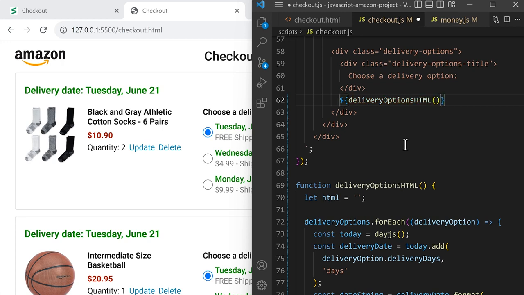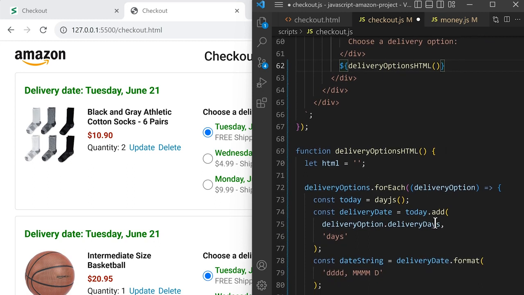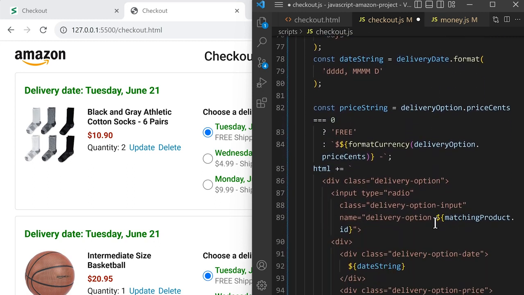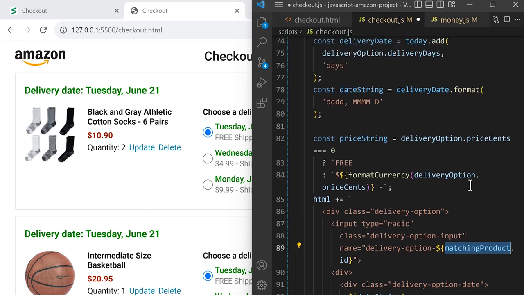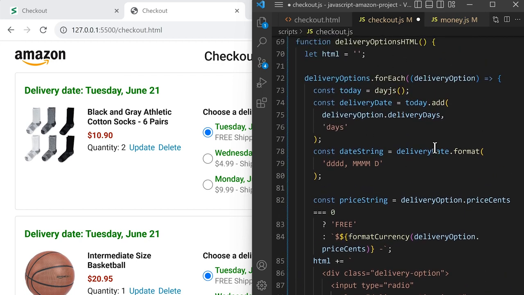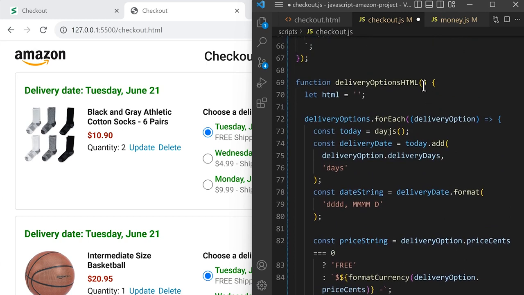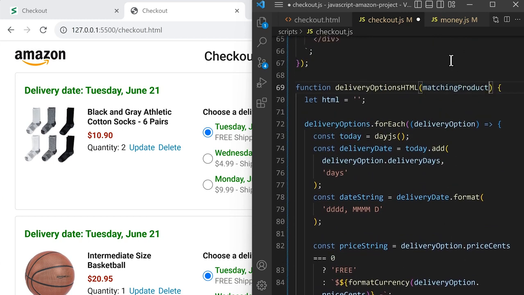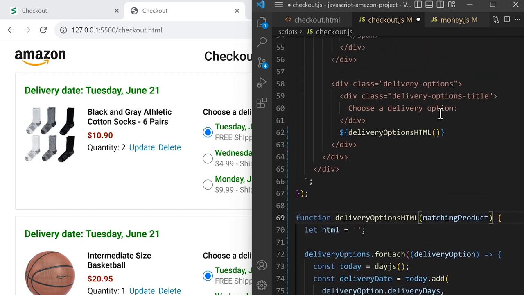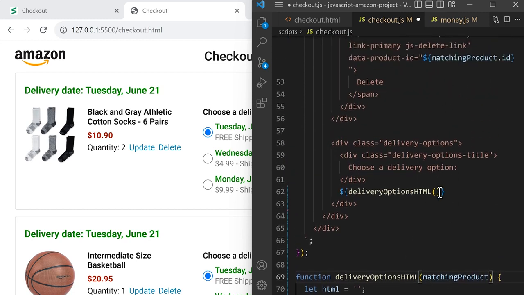Now, before we save, one thing that we're missing in this function is that if we scroll down, here we're using a variable called matching product. But this variable is not accessible inside this function. So let's actually pass the matching product into here. So at the top, we're going to add a parameter, matching product. And then when we call this function up here, we're going to pass in the matching product. So matching product. So now let's save